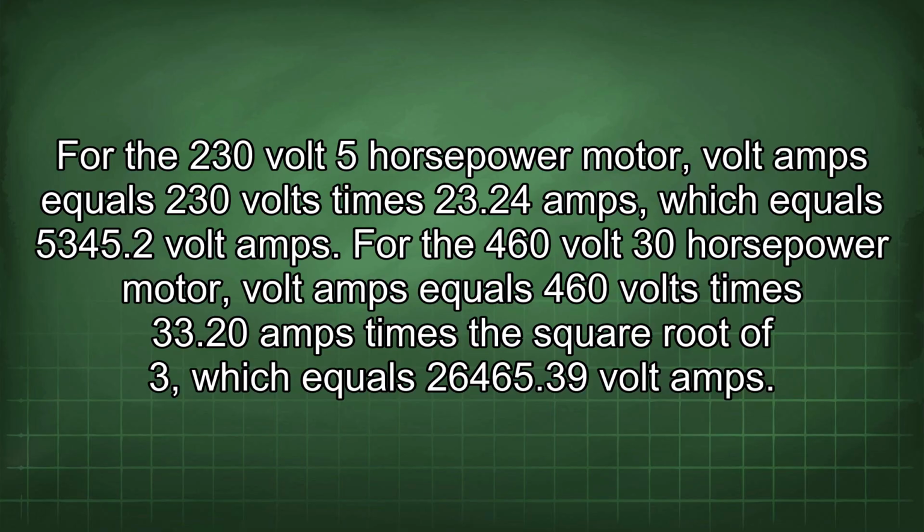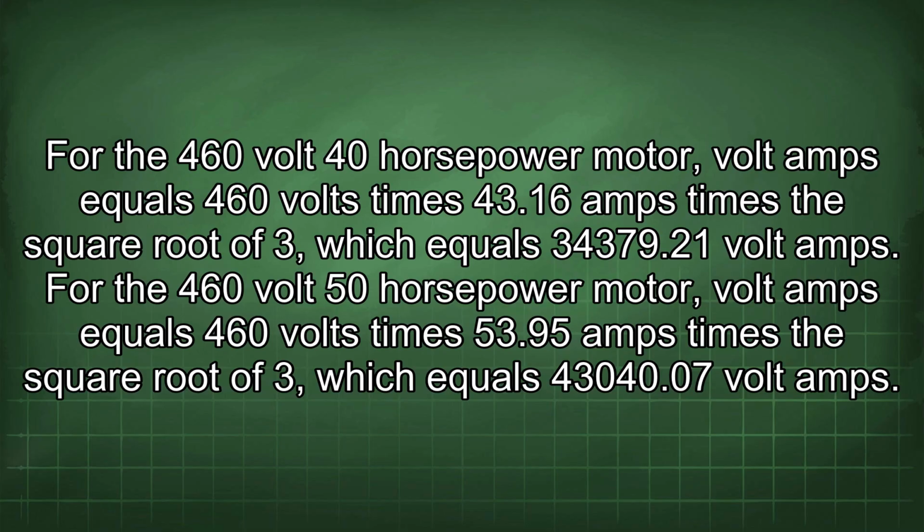5345.2 volt amps. For the 460 volt 30 horsepower motor, volt amps equals 460 volts times 33.20 amps times the square root of 3, which equals 26,465.39 volt amps. For the 460 volt 40 horsepower motor, volt amps equals 460 volts times 43.16 amps times the